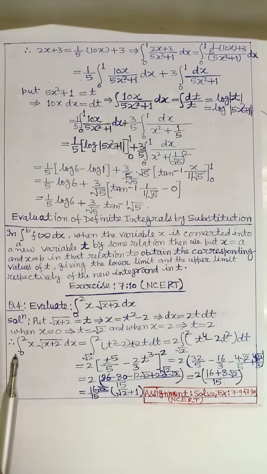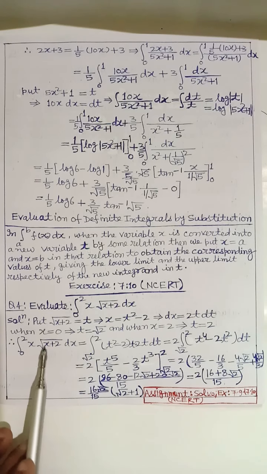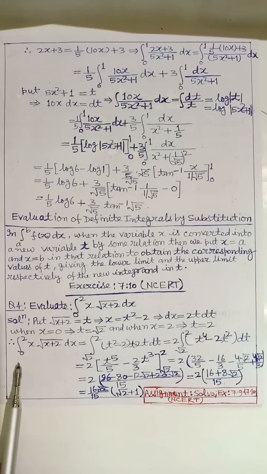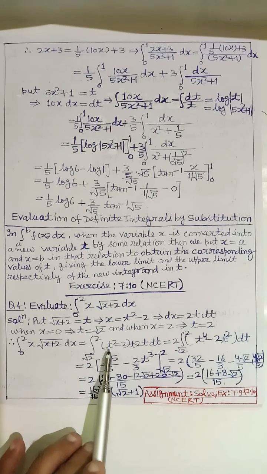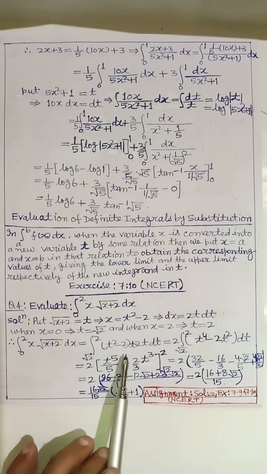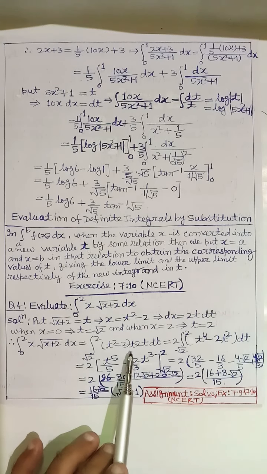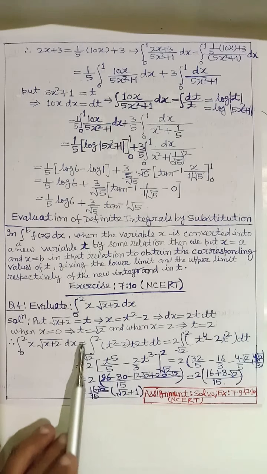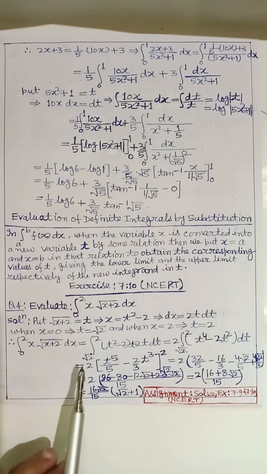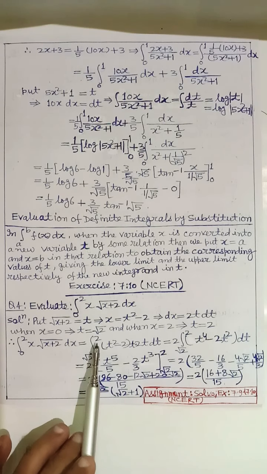So integral of x into square root of (x plus 2) dx from 0 to 2 equals integral of (t square minus 2) into t, 2t dt, and here the new limits are from root 2 to 2,